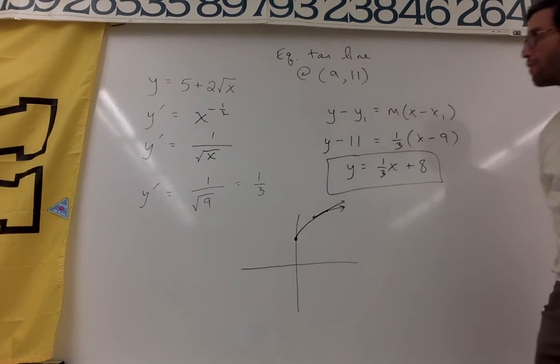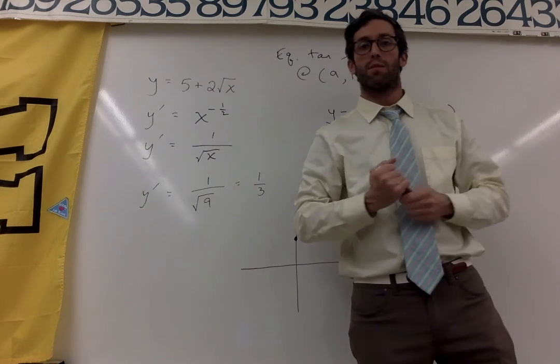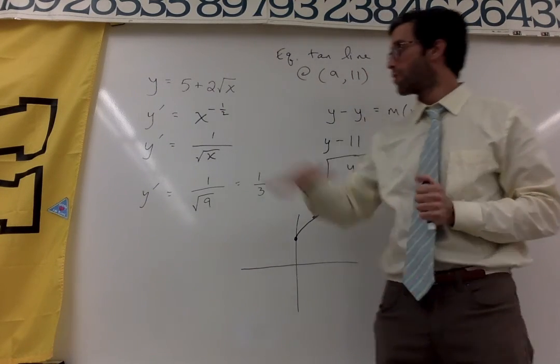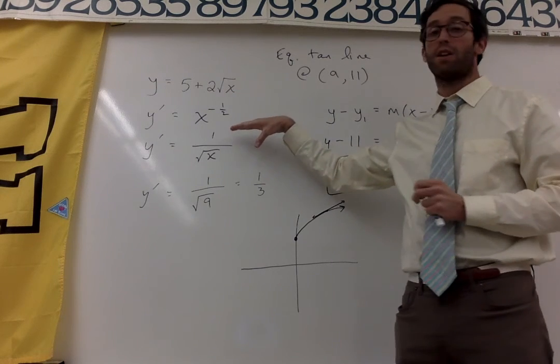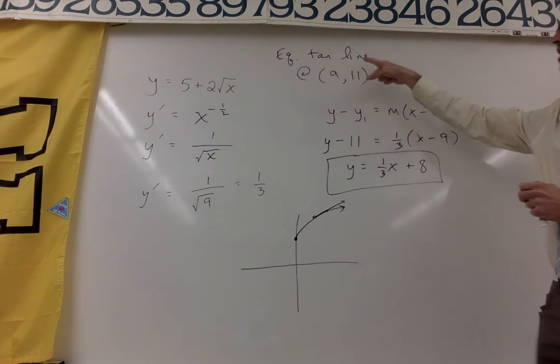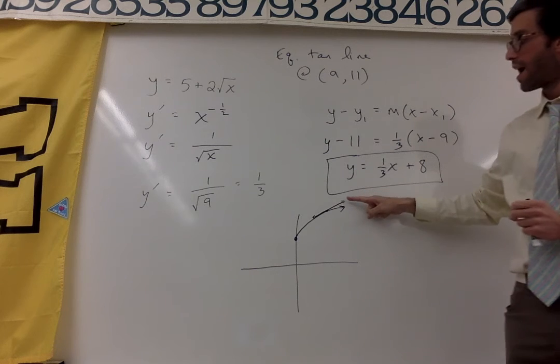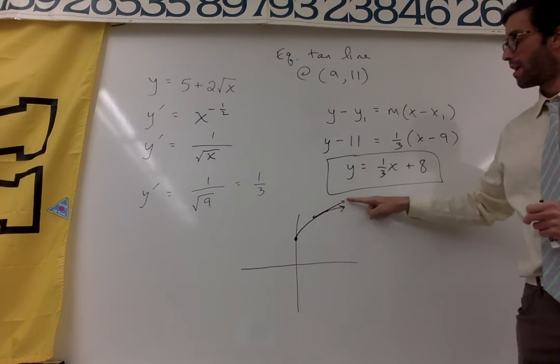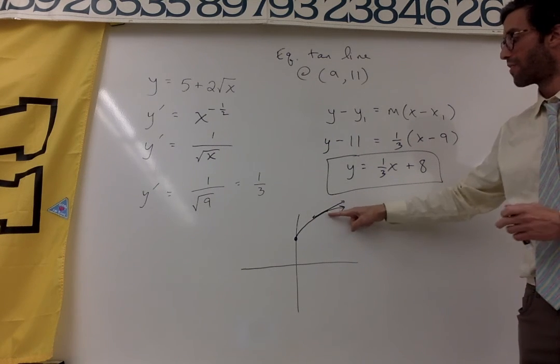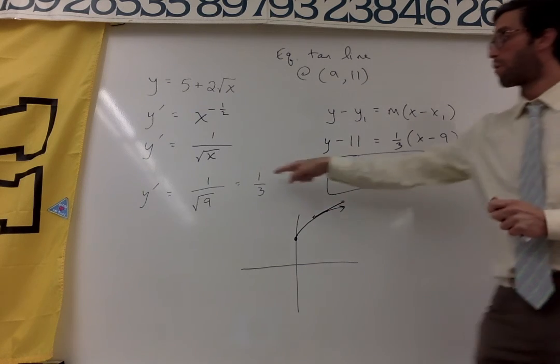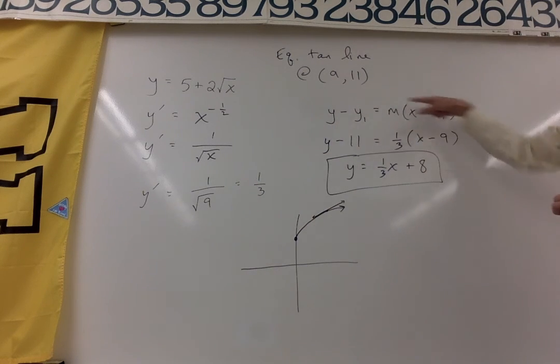All right? So hopefully that clears up some issues. I know some of you guys were a little bit confused on this problem. You got here with the derivative, but then you didn't know what to do. But finding the equation of the tangent line, you have to find the slope at that point, the rate of change at that point (9, 11), which we found was 1/3. And then we have to use point-slope form